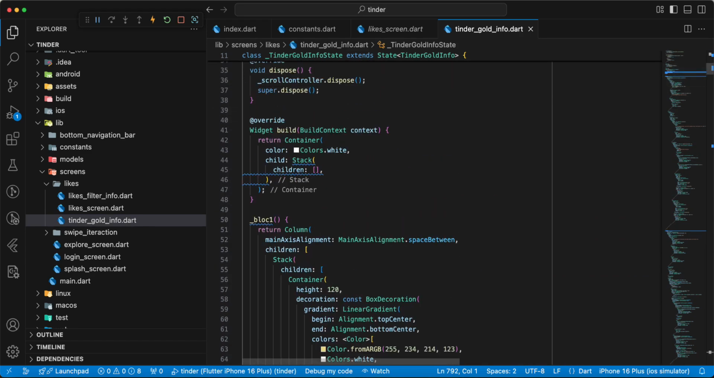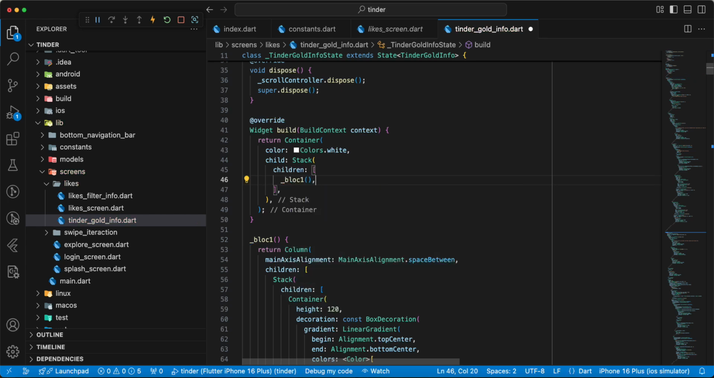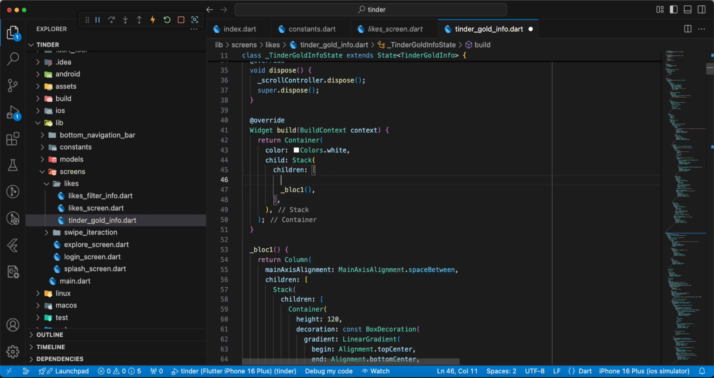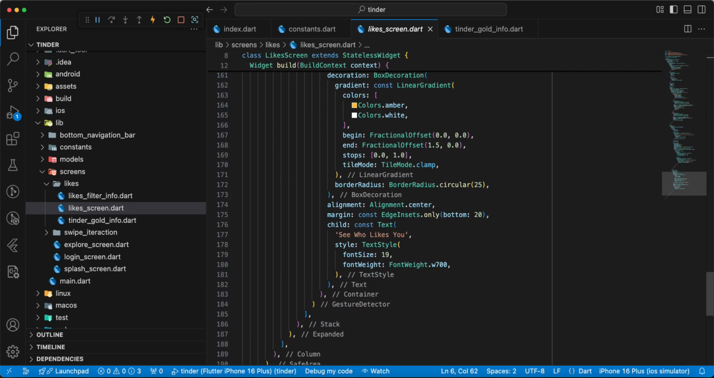And then we add to the widget Stack block 1 and block 2. Save. Then we open likes screen,